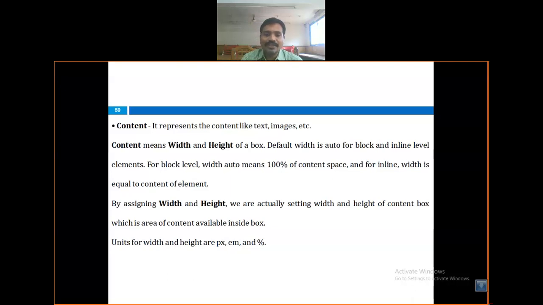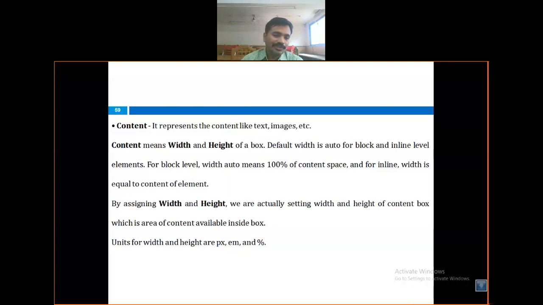The default width is auto for block and inline level elements. For block level, width auto means 100% of the available space, and for inline, width is equal to the content of the element. By assigning width and height, we are actually setting the width and height of the content box, which is the area available inside the box. Units for width and height are px, em, and percentage.